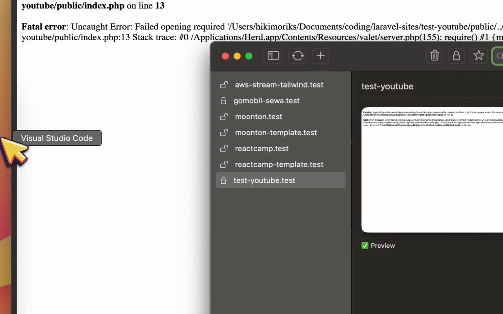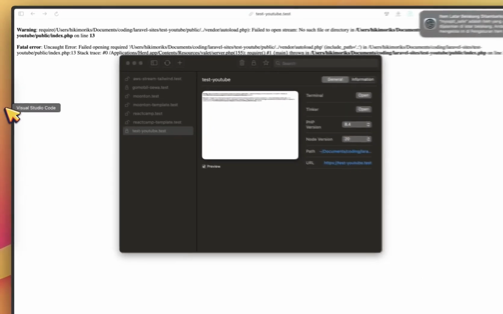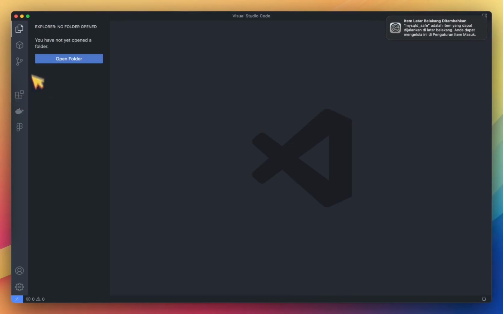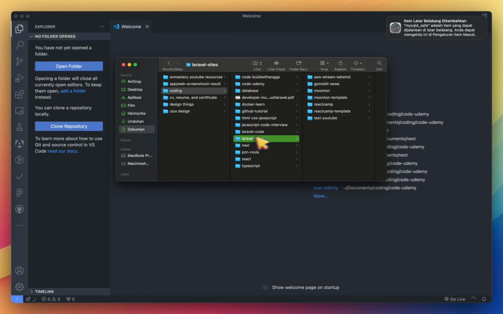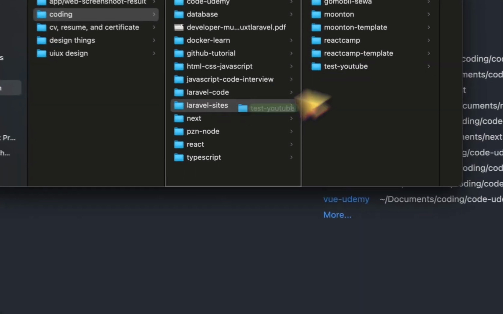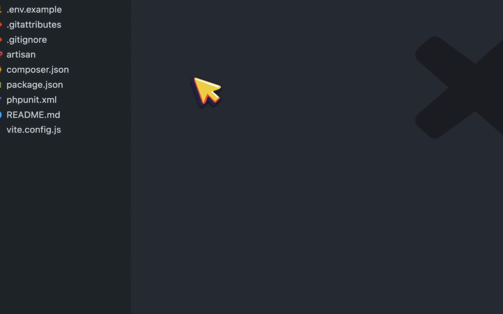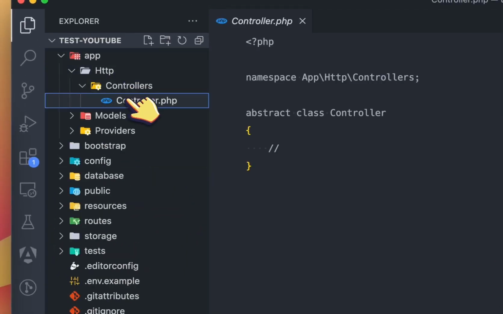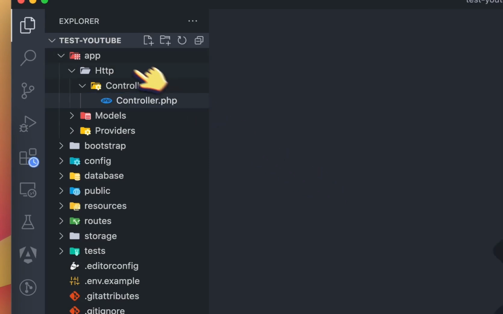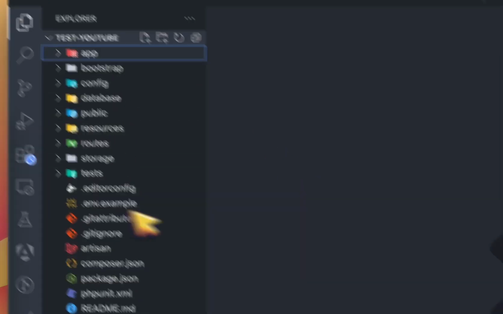And I will open it in Visual Studio Code for configuration. Test YouTube, I will create this. It is an application. If you see this, no controller, this is blank.